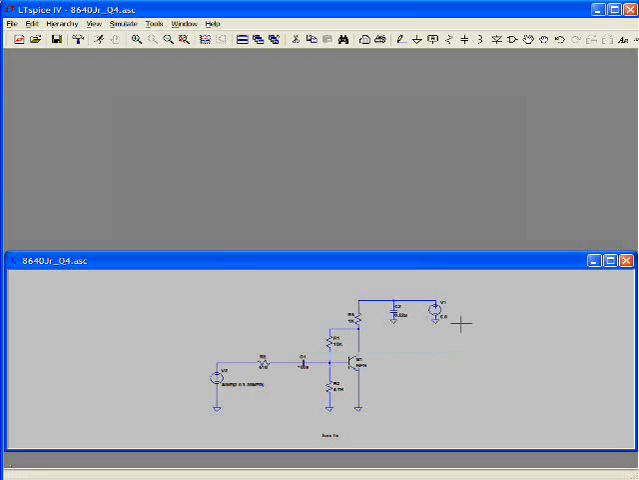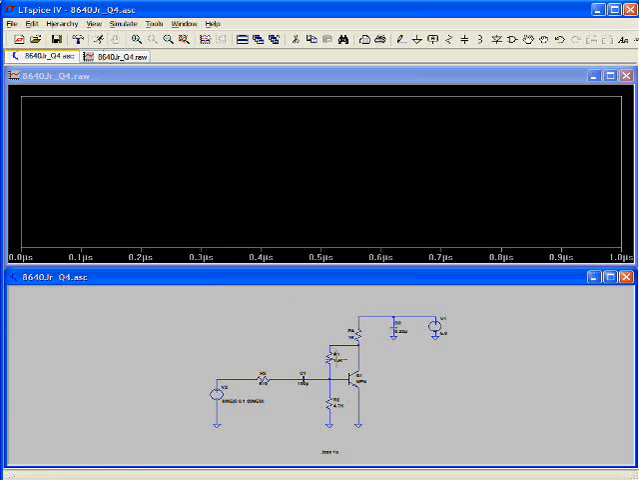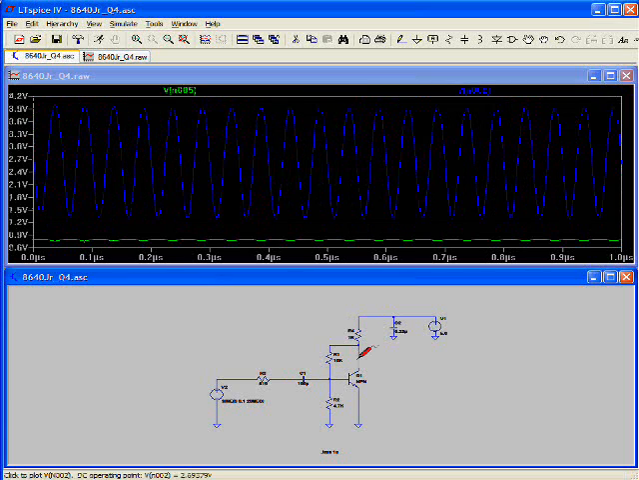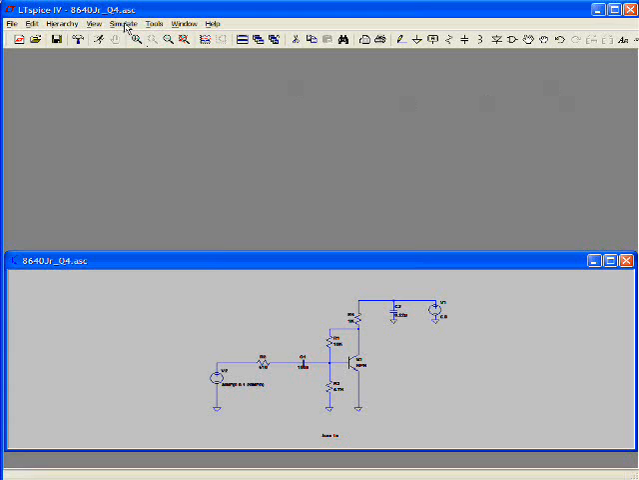Okay. Run our simulate command. Look at the base again. That's looking a little better. And our output looks nice and clean now. So that's basically how you do that. Works out pretty well. The other thing we can do, if we close this, we can come up to our